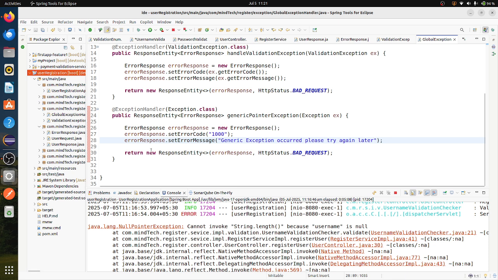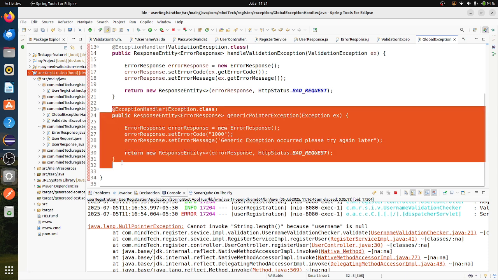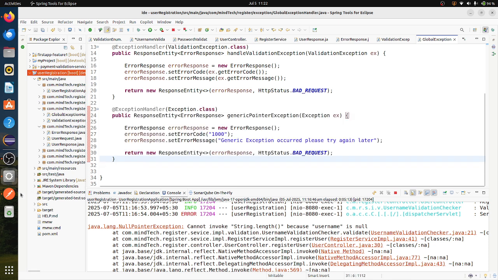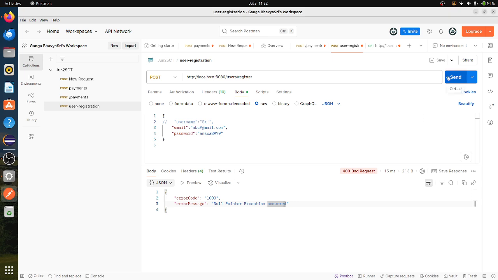So now this method only handles that null pointer exception, but now the error code and error message has changed. By seeing this one, if it is not giving any data related messages, then by seeing this code, the user will understand, okay, this type of error code I am getting with this proper message. So if the user says that this type of error code that I am getting, then the developer will understand, okay, here something